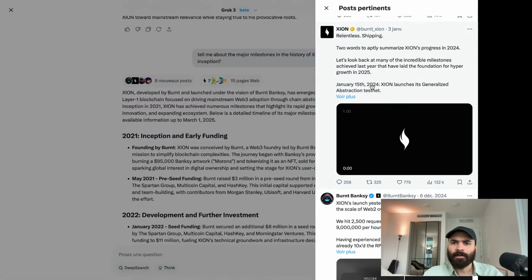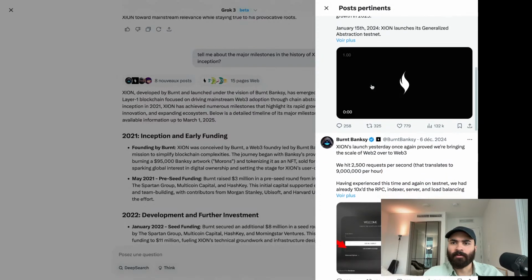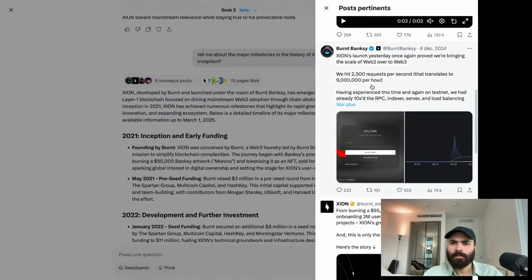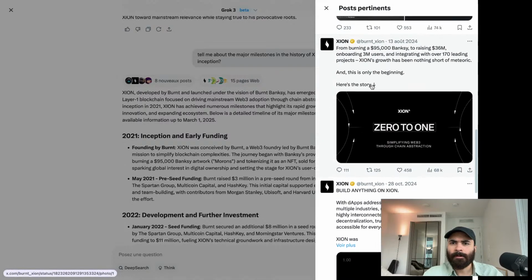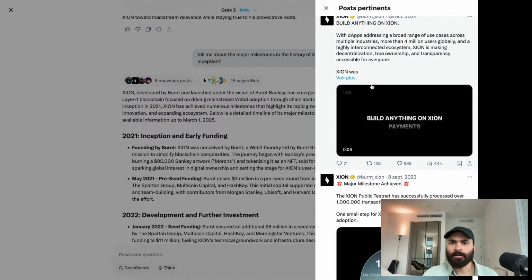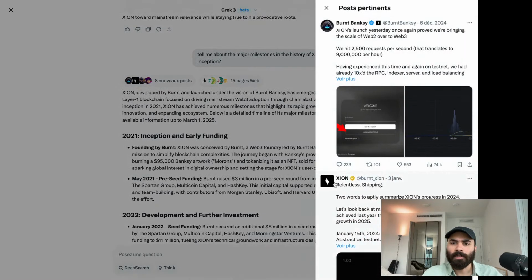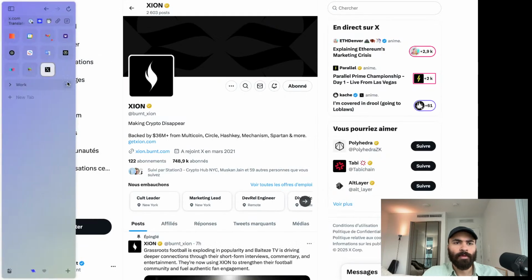Relentless shipping. Two words to aptly summarize Xion's progress in 24. From onboarding 95,000 Banksy to raising 36 million, onboarding 3 million users, and integrating with over 170 leading projects. Nothing short of meteoric, and this is only the beginning. Build anything on Xion. Okay, let's quickly look at, actually before that,